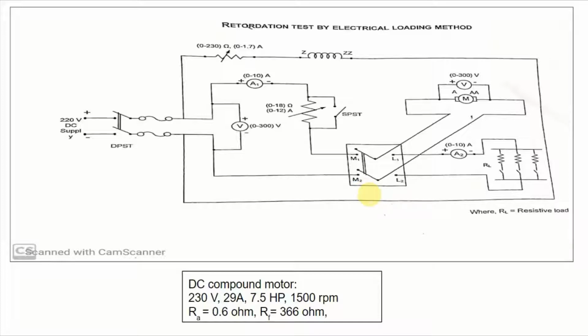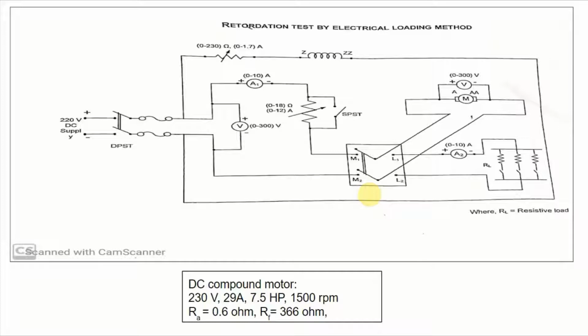We will check until it reaches a certain final voltage. The voltage starts to reduce. So till that voltage, whatever the time taken for the armature to slow down, that is noted down. In the second set of readings, or in the second part of the procedure, the same thing again, we will